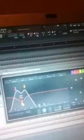I'm going to teach you a little thing, because a lot of the times your kicks will clash with your bass, and you won't even know it until you put it on some good speakers. So I'm going to teach you something else. You're going to want to load up your bass into another insert. You're not going to EQ your bass or anything. The master track is already going to master everything that's put into the mixer. So you don't want to EQ your bass or anything, at least I don't. You're going to want to put some effects on it, like Camel Phat and everything like that. But anyway, you're going to want to load it up in insert 6